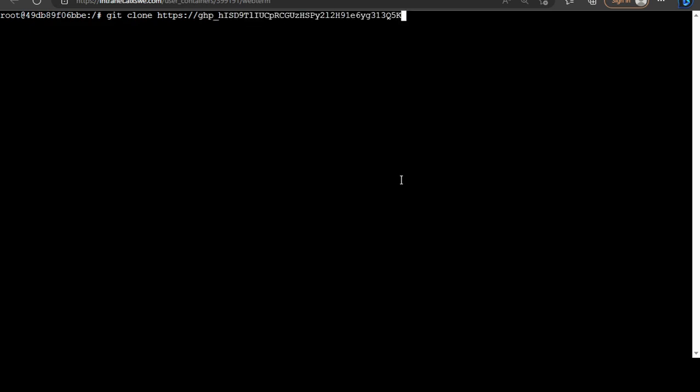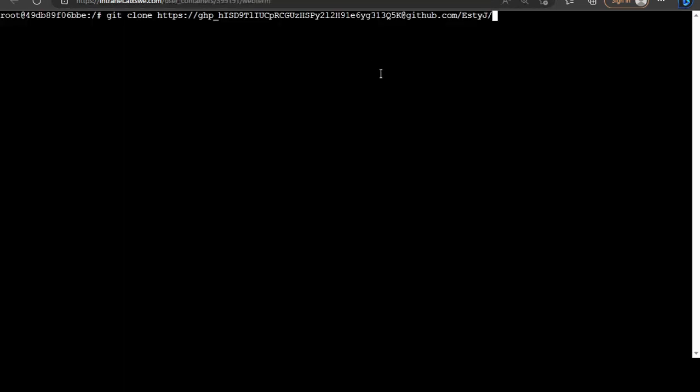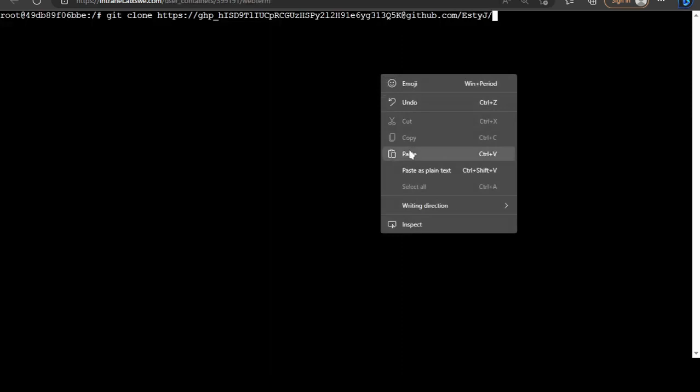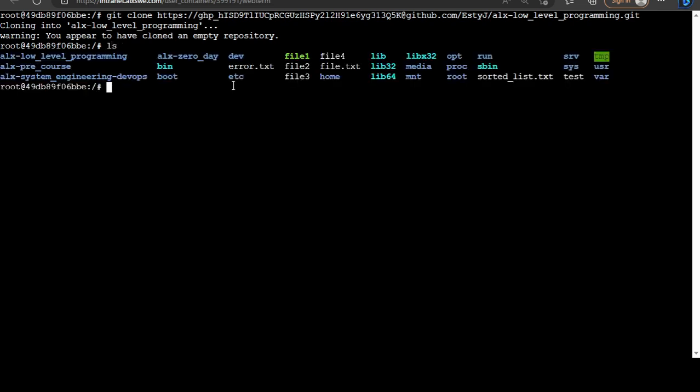After that, followed by at github.com/ my GitHub username / the name of the repository. The name of the repository is ALX low level programming. So I'll copy it from here and paste it here. Then .git. You see, it says cloning into this. Warning, you appear to have cloned an empty repo. If I hit ls and press enter, you will see that ALX low level programming is now one